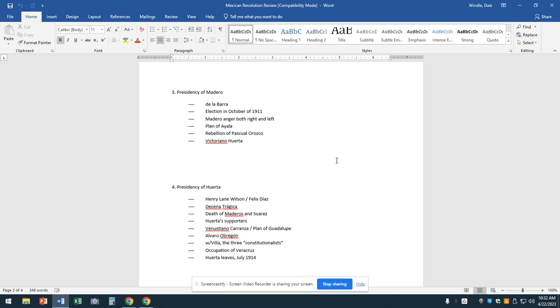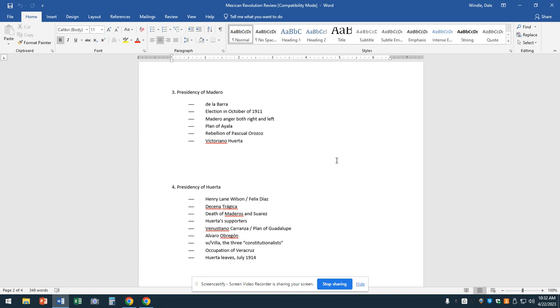And so Zapata, who initially said, okay, we'll give this guy a try, continues in insurrection, and he issues something called the Plan of Ayala, Ayala being the village where he issues this proclamation that says we're going to have forced redistribution of wealth and of land, and by violence, if necessary. His insurrection was very violent.